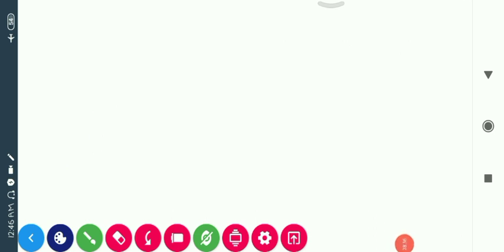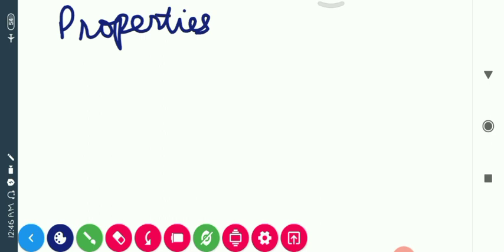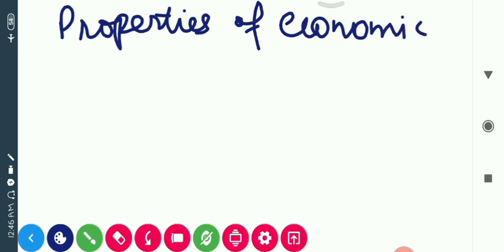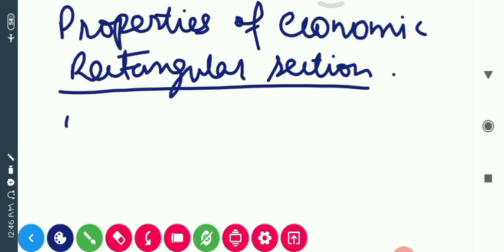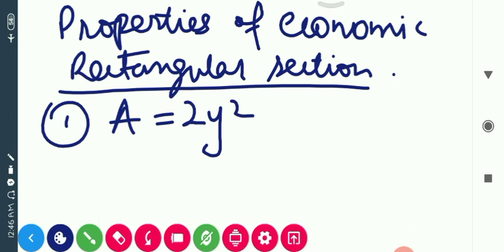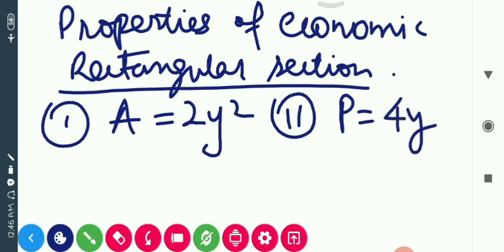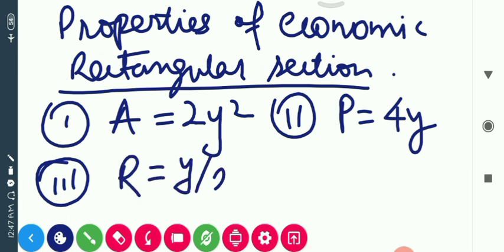Okay, there are certain more points to be remembered for a rectangular section to be economical. Properties of an economic rectangular section: first point, area is equal to 2y square. Second condition, perimeter equal to 4y. Third condition, hydraulic radius should be half of the depth,